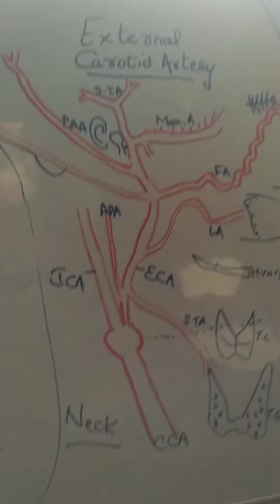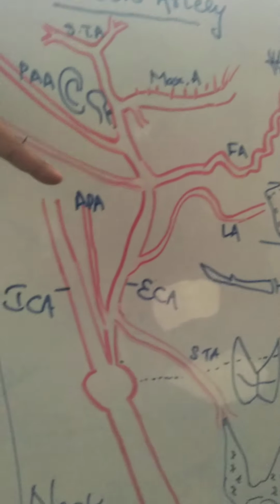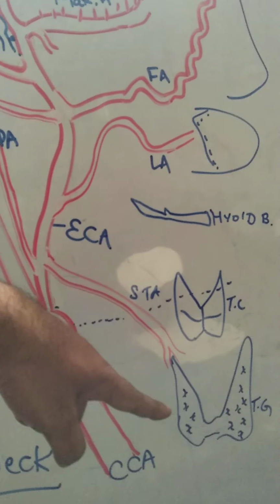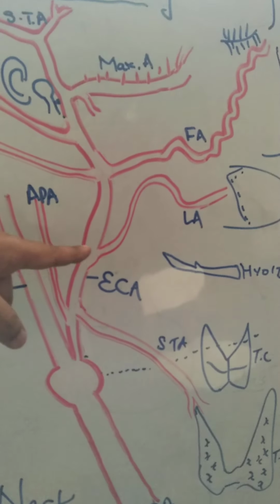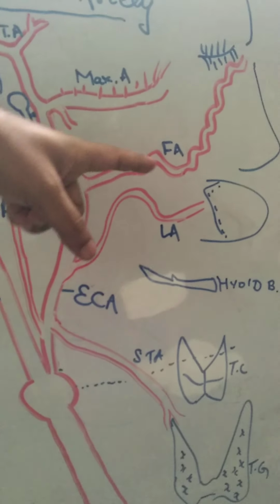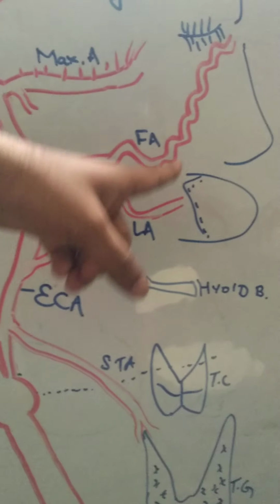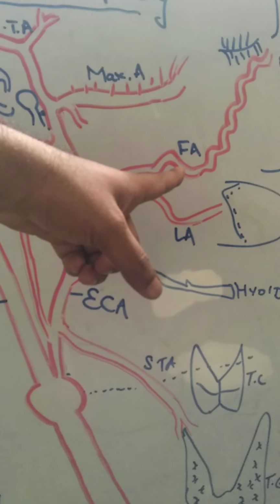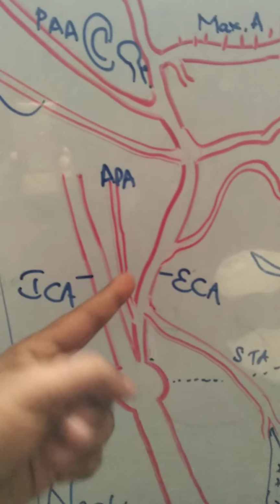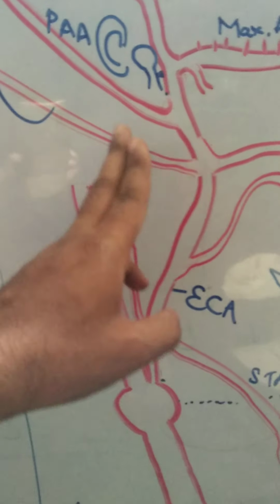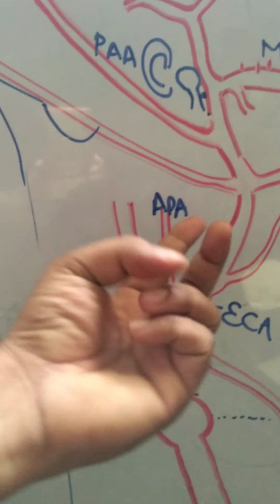This external carotid artery gives the following branches in the head and neck. Over here, this is the superior thyroid artery supplying the thyroid gland from above. From anteriorly, one more artery, lingual artery supplying the tongue. And this highly tortuous artery going into the face is facial artery. Superior thyroid, lingual artery and facial artery anteriorly. Medially only one branch is there, going upwards, resting on the pharynx, the ascending pharyngeal artery.